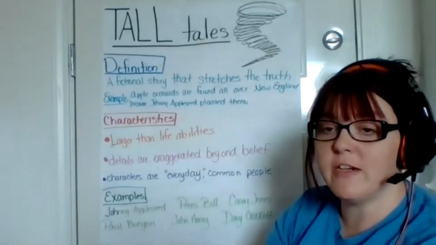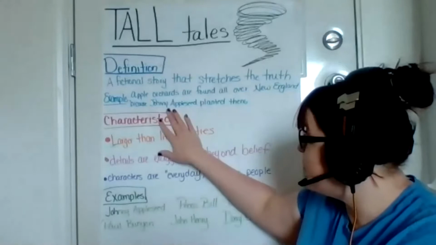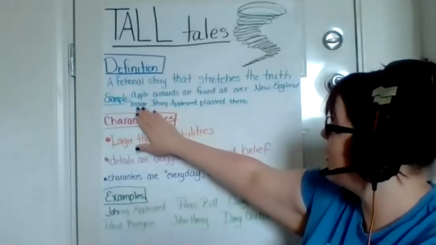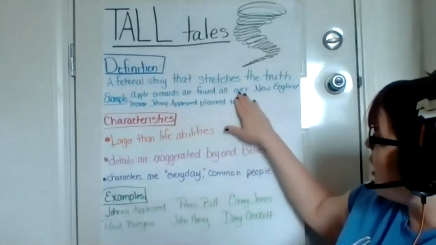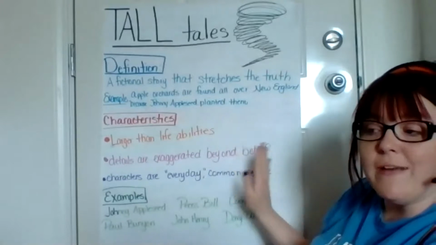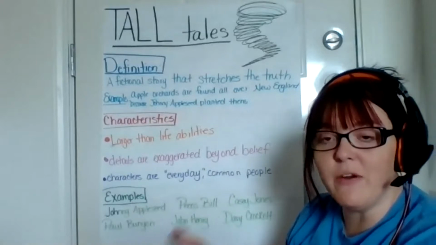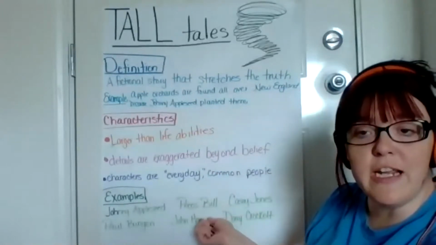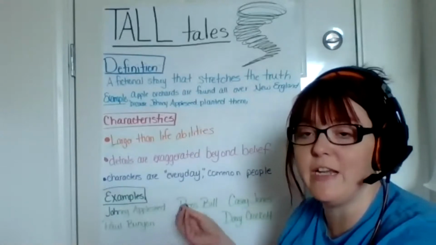I know that Miss Kay just went over examples of that with you. I'm going to go over one more example that's pretty famous. Are you going to put that on class tag? Yes, I will put this on class tag. For example, apple orchards, big farms of apple trees, are found all over New England because Johnny Appleseed planted them. There's a very famous tall tale about Johnny Appleseed that said that he walked around with a sack full of seeds, and everywhere he went, he planted an apple tree. There probably was somebody named Johnny Appleseed. He probably did plant some trees, but he didn't plant every single apple tree that you find up in the